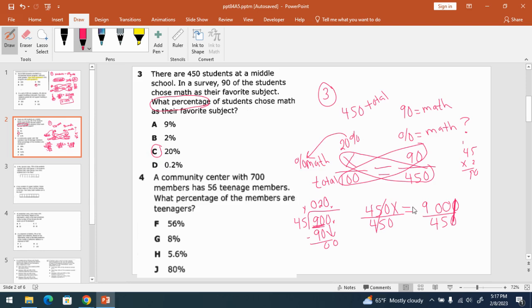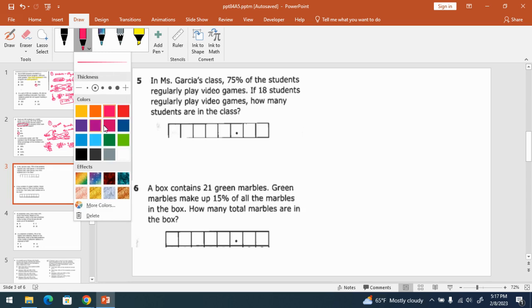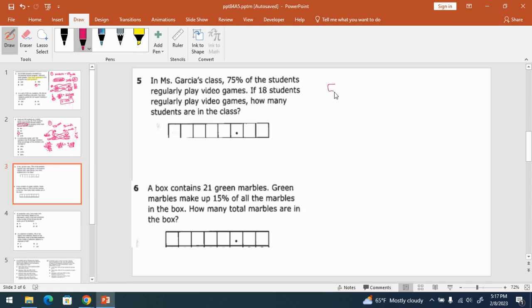The way I did number 3, that's the way you're going to do number 4. Same problem. So read carefully and make sure that you label. The next one is going to be number 5. So number 5, same system. Let me choose another color, purple. Number 5,